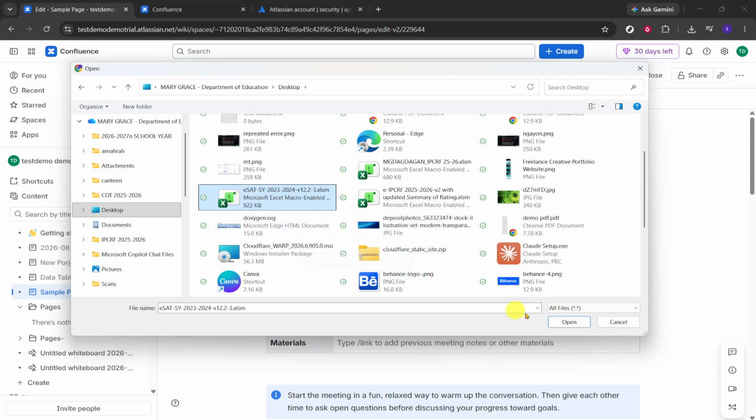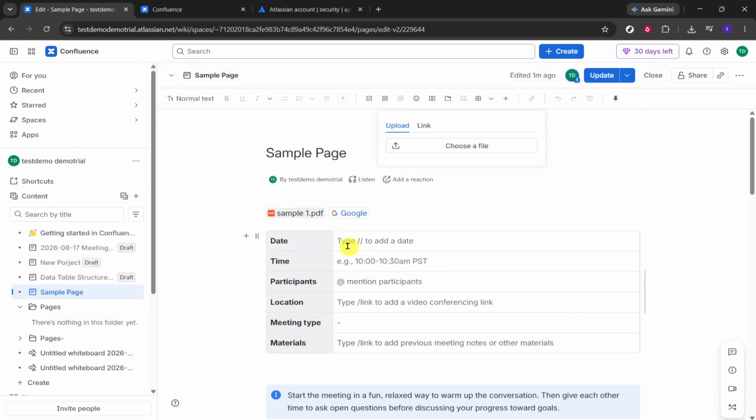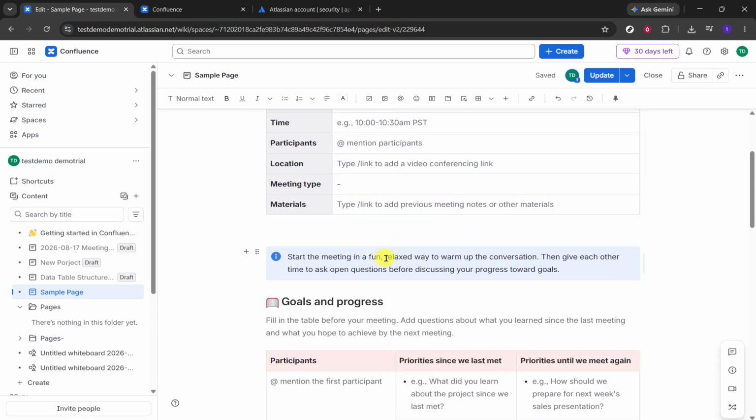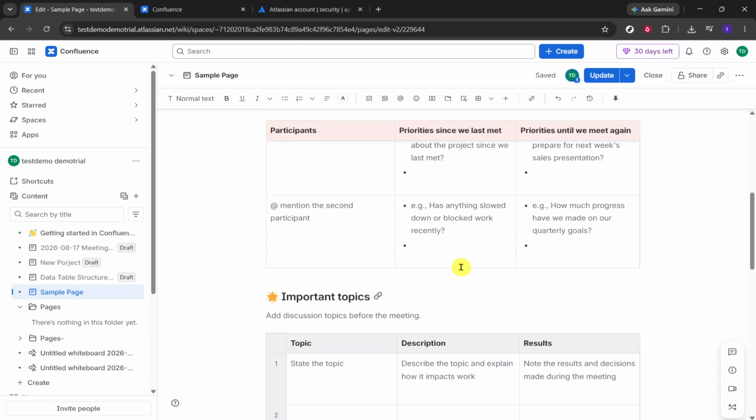Select the file from your device, then confirm the upload if needed. Confluence will begin attaching the document to the page. Depending on the file size and your internet speed, this may take a few moments, so give it a little time to finish processing. Once the upload is complete, the Excel document will be added to the Confluence page through